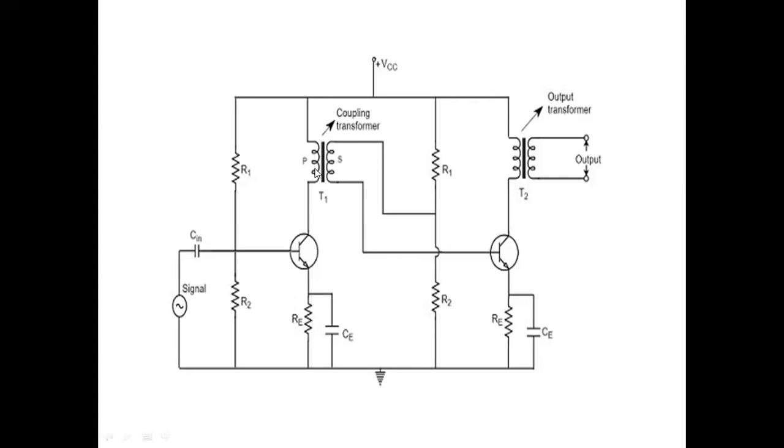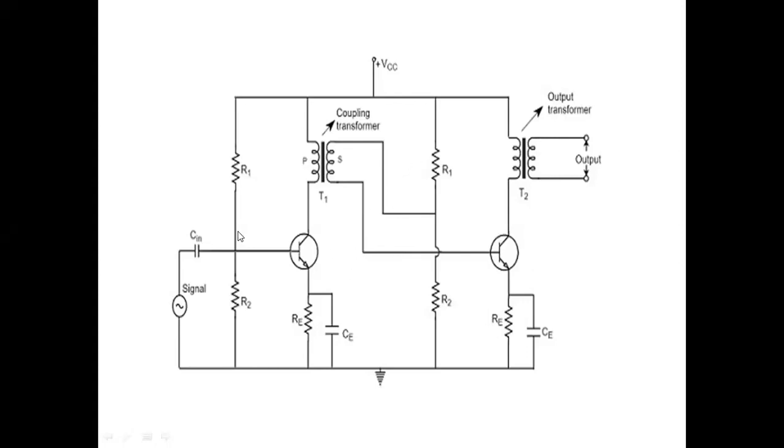So here the DC current which appears in the first stage will be blocked by the transformer. Okay. It provides some DC isolation, and it does not pass the DC current. It blocks the DC current at the first stage only. It passes the AC signal only to the next stage. So then we can get a distortion-free output and the operating point is also stable. Okay. So that is about the transformer coupling.